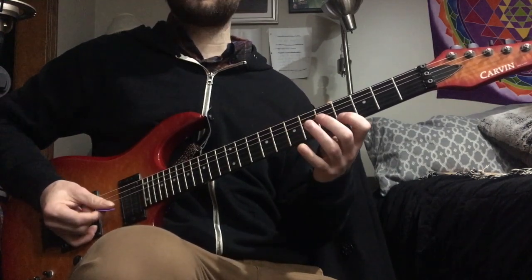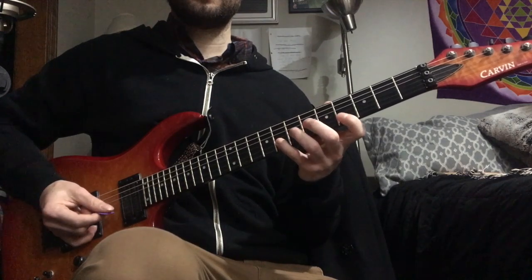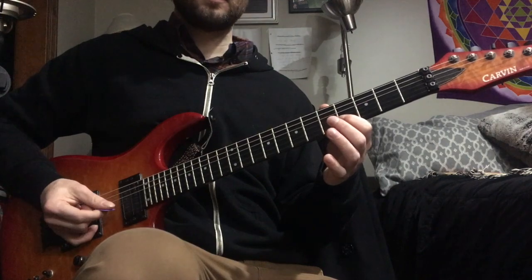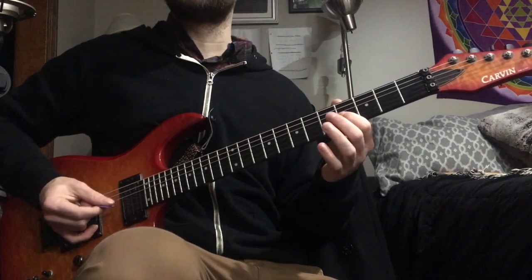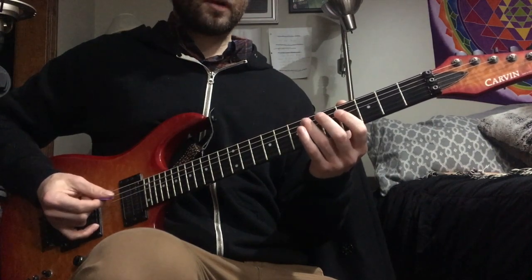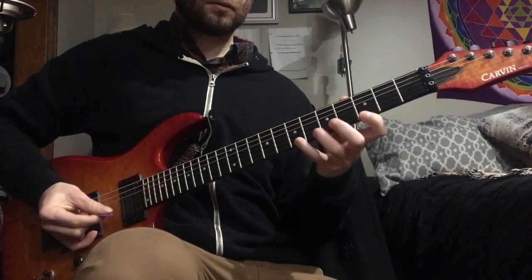So G, pointer finger on E flat, middle finger on F, back to G, and I pull off to E flat. And then I go down the augmented arpeggio again, pointer finger on B, middle finger on G, ring finger on E flat. So we got...